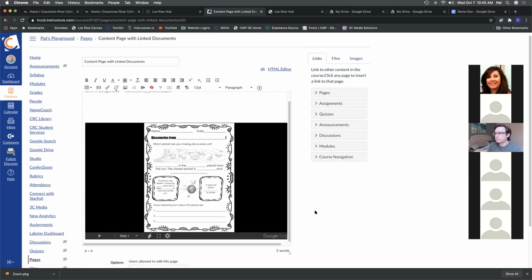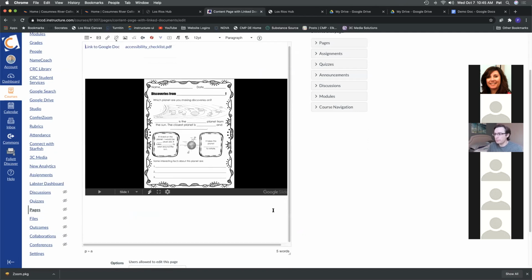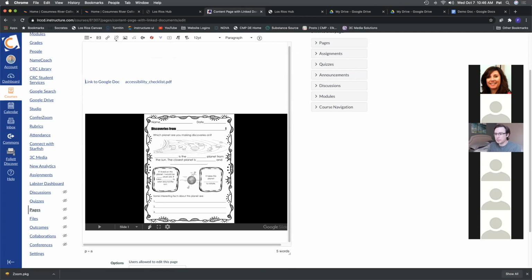Just make sure it's someplace on the slide itself, you link to the slide presentation. So a screen reader, this is going to be a bit of software that students that